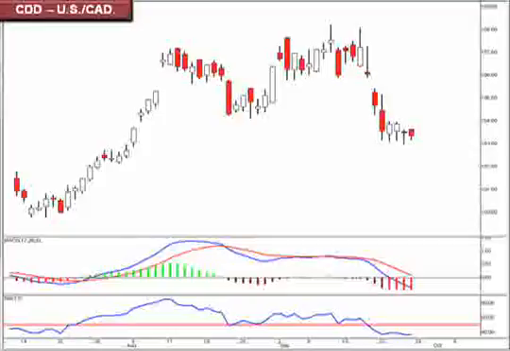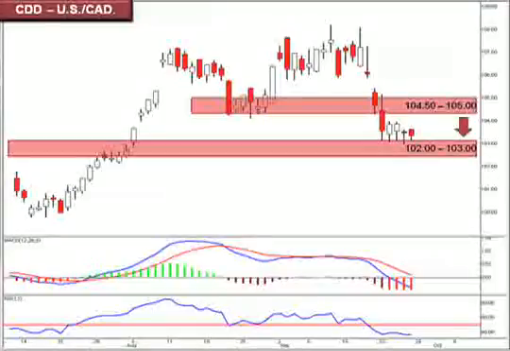All right, let's take a look at our first ISE FX options pair value, the CDD, the US versus the Canadian dollar, recognizing that this is a daily price chart. We suggested a break below the 104.5 to the 105 focal zone would likely find some support in at the 102 to the 103. Now, that being said, any sort of consolidation there would likely make its way back up into that area where it broke out of last week,